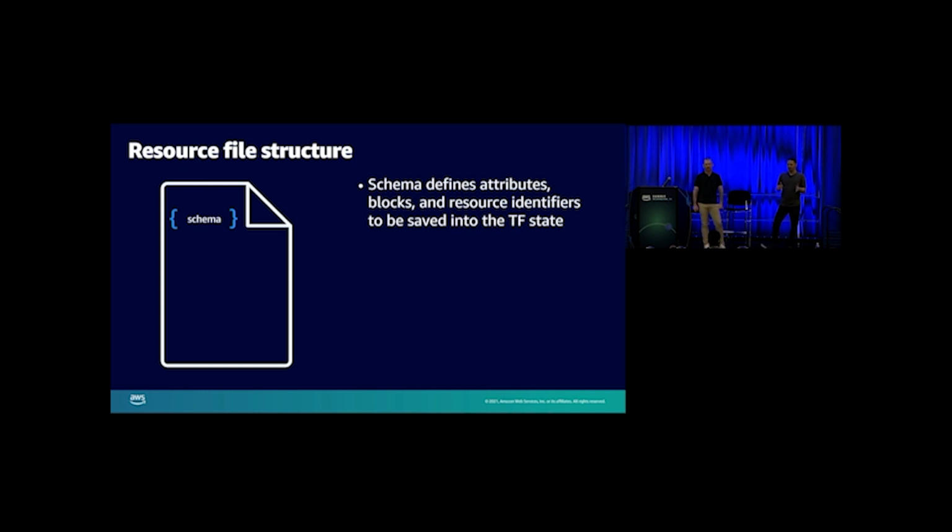Then you always have the create function after that. The create function has the logic inside so that you can make the Go SDK call to actually create the resource according to the parameters that you set in HCL. Next, we have a read function. The read function is used to refresh the state of your resource. So after it's been built, setting the initial values that go into your state file, but then also refreshing them every time you run Terraform apply after that.